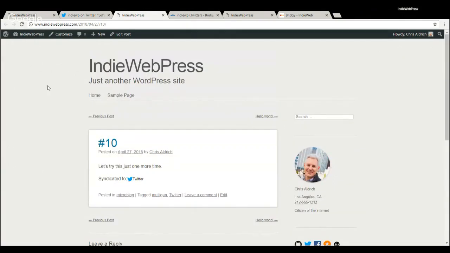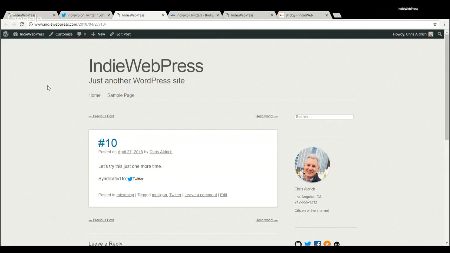So now, through the magic of all the plugins we've activated, installed, and configured, we've been able to relatively easily, in about an hour and a little change here, I don't remember when we started recording, post content on our own website, automatically syndicate it to Twitter on our behalf, or delegate it and authenticate to something that'll post to Twitter on our behalf,